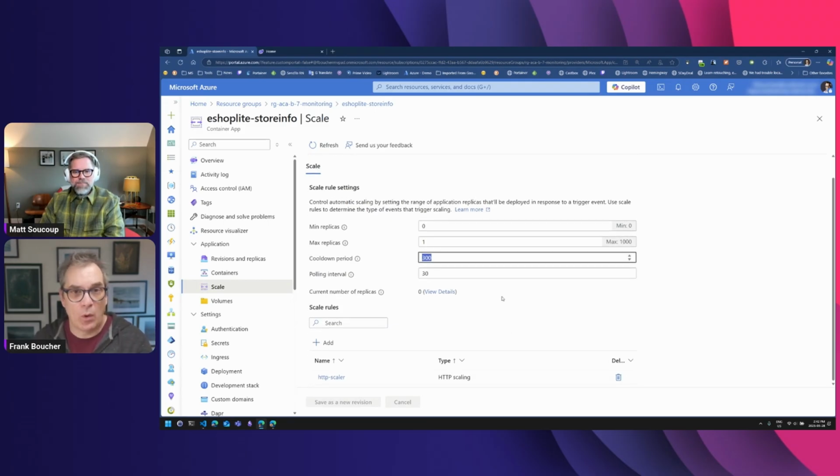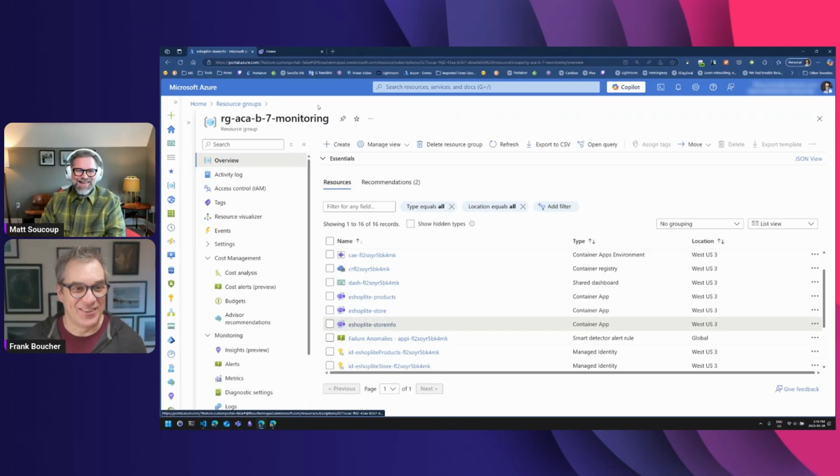If, for example, you suddenly have a rush and something is wrong, you didn't plan that, it was not in your bicep, and you need to fix it quick, you could go in the portal and change it if you want. So it's still possible. Great. So now we know that we can have control over the memory, the CPU, the number of replicas and stuff like that. But another thing is, I want to be able to sleep at night without worrying, without having nightmares. What else can we do? People are worried, and I get that. Deploying